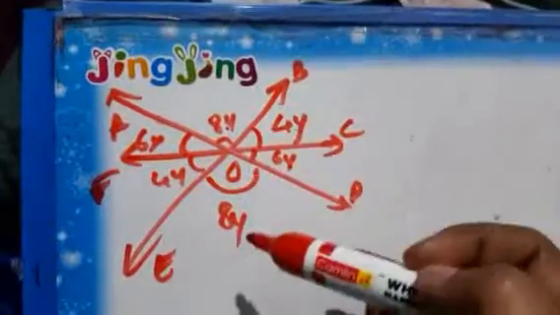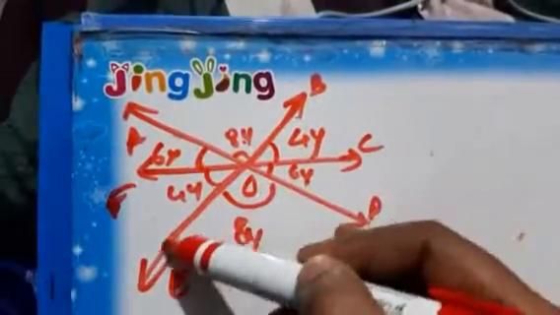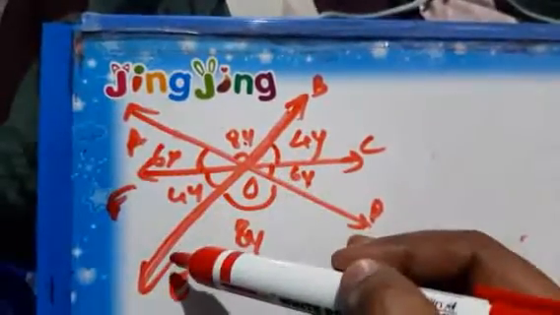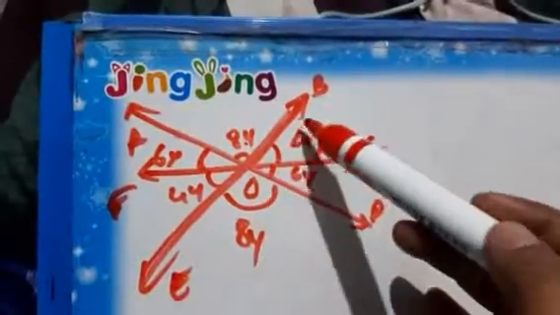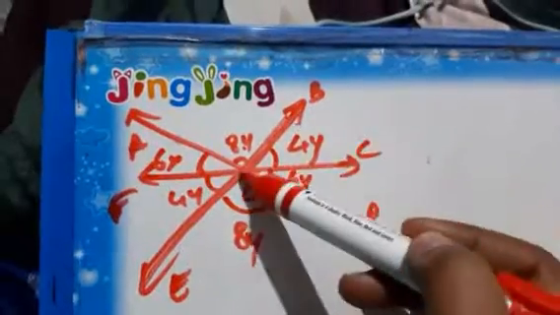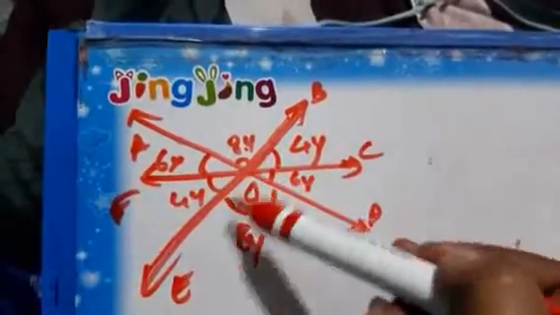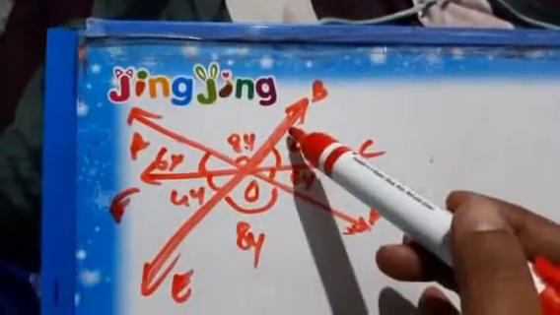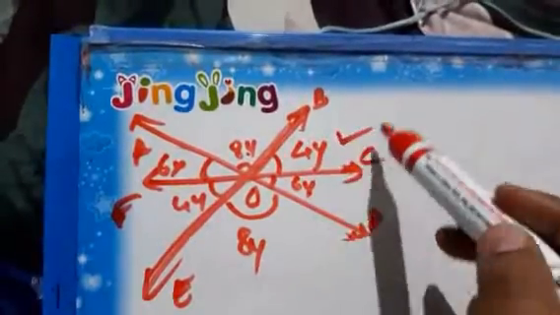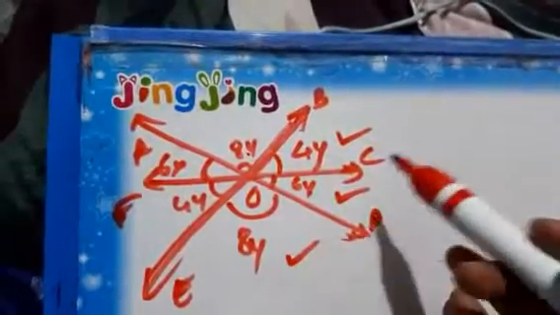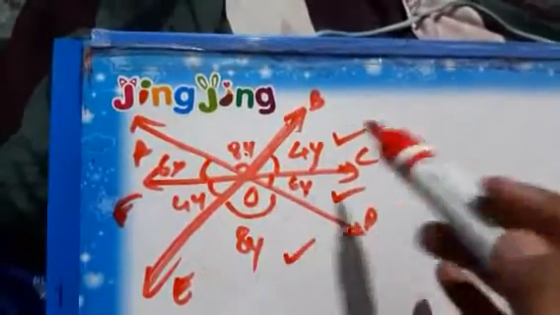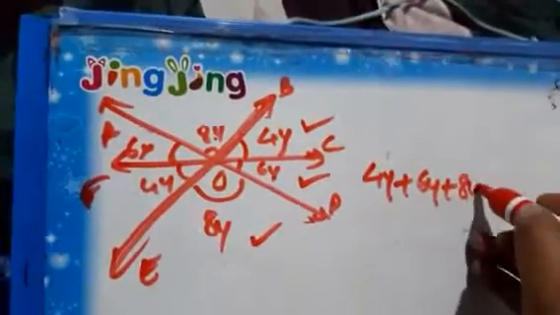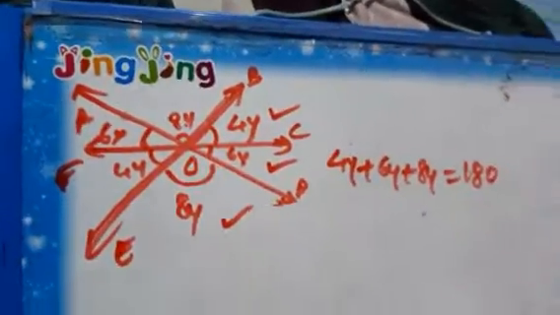Now if you will see this diagram, suppose we will consider this straight angle. It is of 180 degree. But this angle is formed by addition of 3 angles. Suppose this side we will check this angle plus this angle plus this angle. If all these 3 are added, they are forming this straight line. So it is 180 degree. Means addition of this 4y, 6y and 8y gives 180 degree. So we can write 4y plus 6y plus 8y is equal to 180 degree.